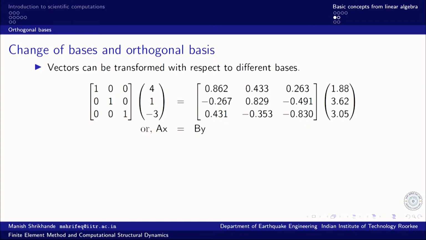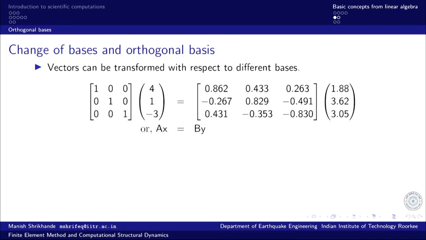So, the basis is essentially this. If I have a set of linearly independent vectors, then any arbitrary vector can be represented in terms of n number of linearly independent vectors. And just as an example, vectors can be transformed with respect to different bases. We just have this Euclidean base 1 0 0, 0 1 0 and 0 0 1, and the coordinates are